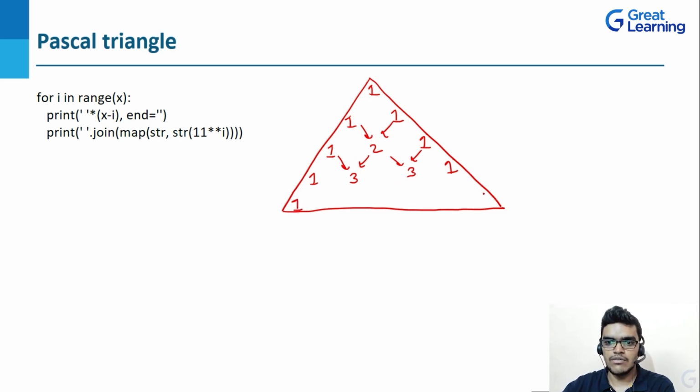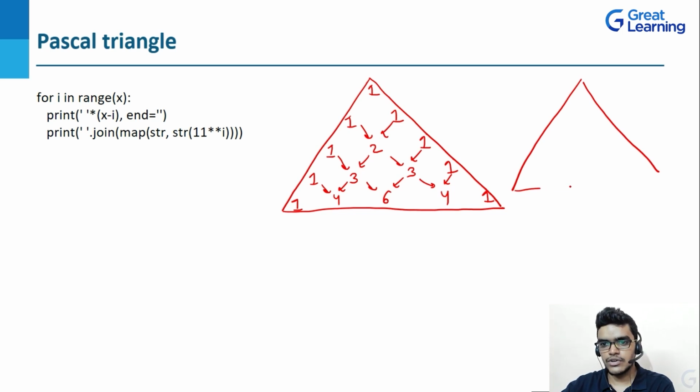Here once again 1 and 1 will be the outside edge. 1 plus 3 will be 4. 3 plus 3 will be 6. And then 3 plus 1 will be 4. So this is my Pascal triangle, right? And here if you see the logic,